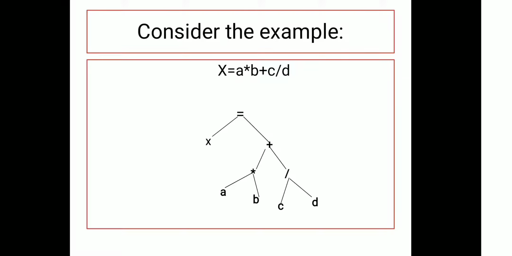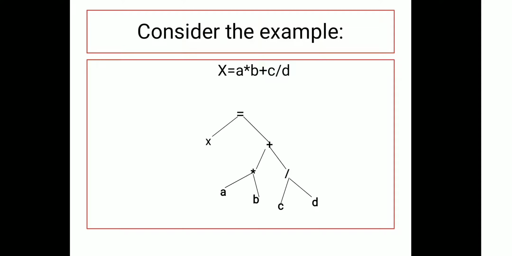Now we need to convert this into three address code. When we process this through all phases of the compiler and go to the actual code generation, the code generation needs to schedule each and every instruction. This is what we call machine dependent code optimization. Once we develop the target code, it is necessary to schedule each and every instruction to optimize it.